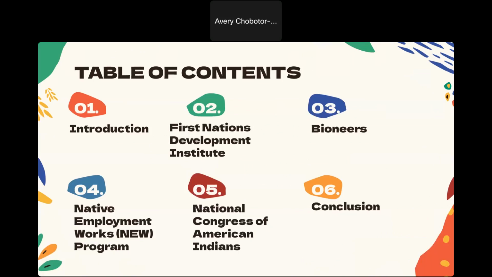These organizations are the First Nations Development Institute, Pioneers, the Native Employment Works Program, or the NEW program, and the National Congress of American Indians. Then we'll be going over some resources from the Center for Career Development to contact after the presentation as a next step going forward.